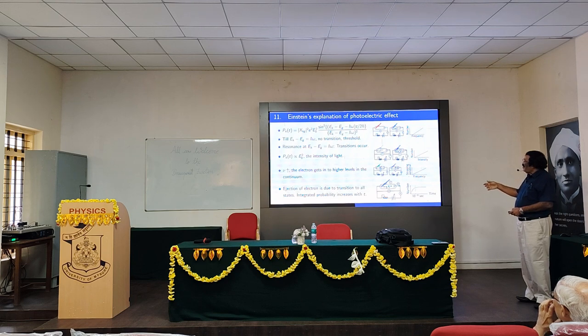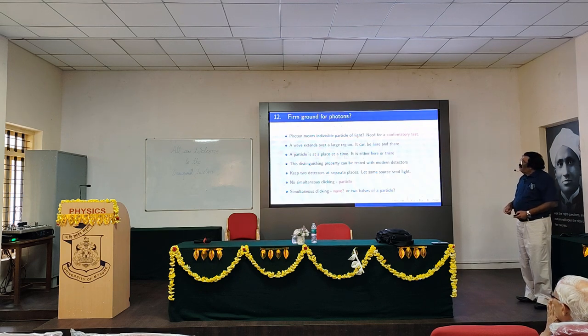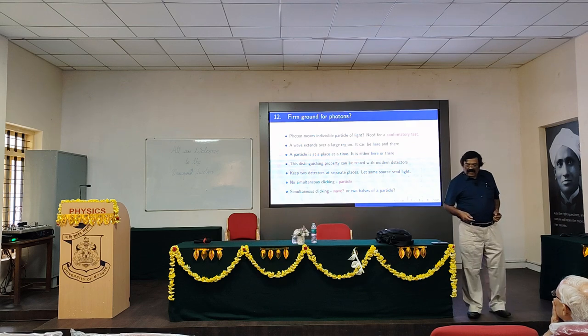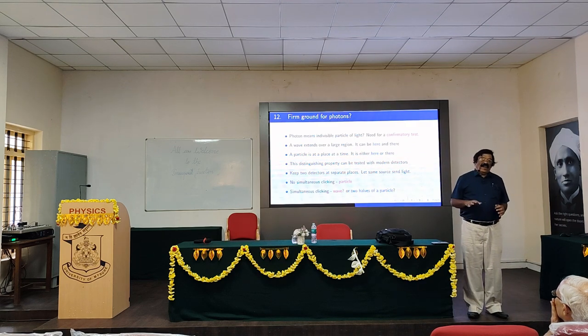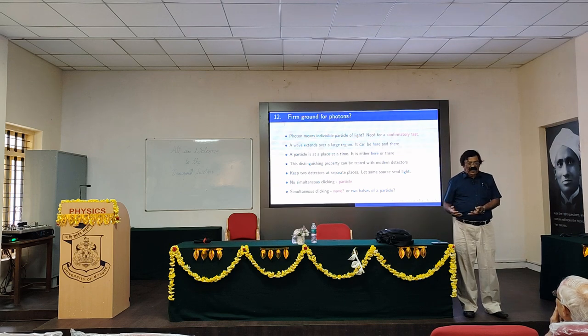Einstein's explanation was this. Rather, my title is wrong. This is the explanation of the photoelectric effect using Lamb and Scully's idea. So it looks like, was Einstein wrong? No. What Lamb and Scully are saying is, you explain the photoelectric effect using particle nature, we are explaining it using wave nature. So you are also right and we are also right. So it is some sort of a win-win situation.